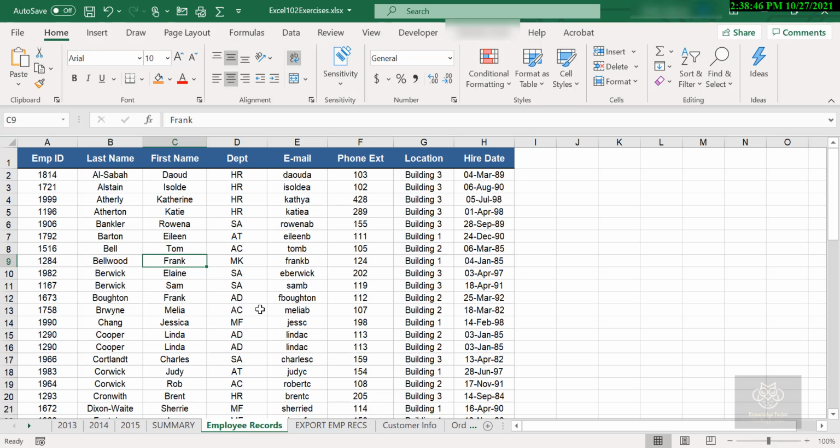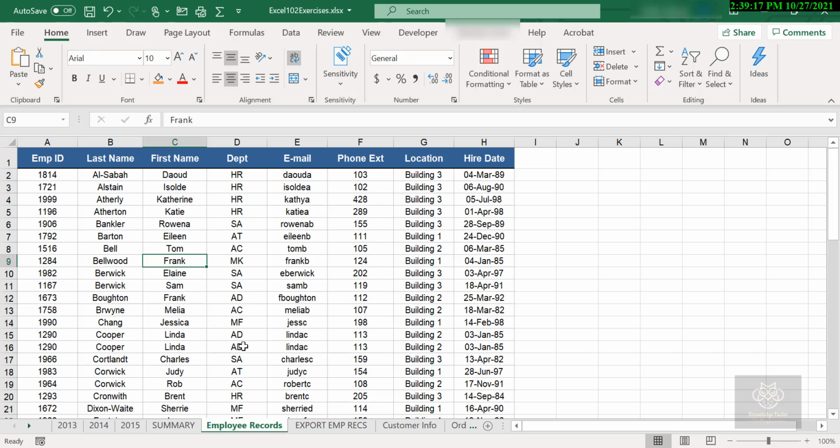Take a look. I want to get into the list, same employee record list, and I want to sort it not just by the last name, but I now want to sort it by the last name and first name. So I want to do two levels of sorting. Take a look. So first I'm going to click into my list. Now at this point, because I'm doing multi-level columns, it really doesn't matter which column you click into, just as long as you are in the list itself.